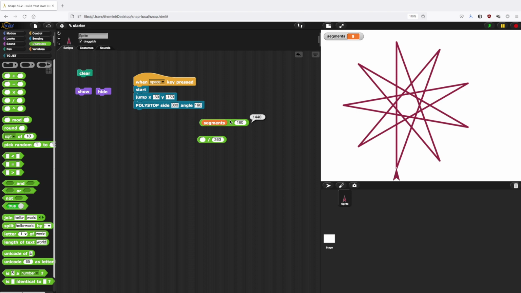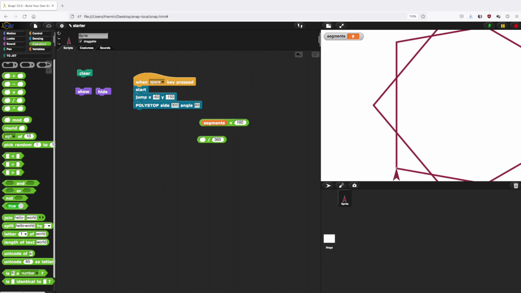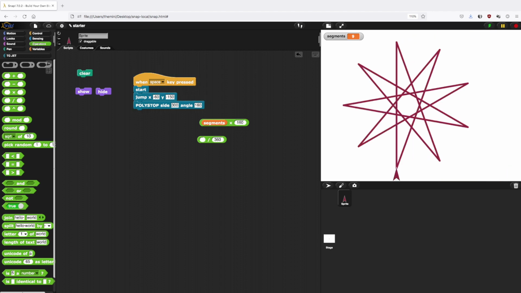So what would happen if I set 80? You can see it still makes sense, but that is just half the way. So it would make it in 2 convolutions or revolutions, and so on and so forth. So if I say 160, we would need,